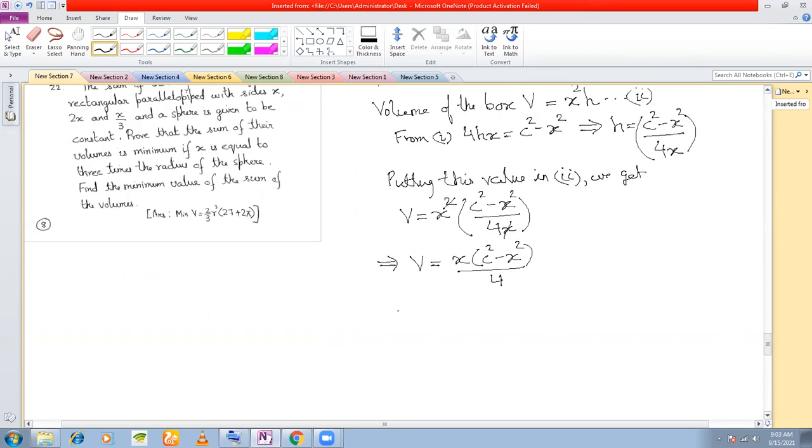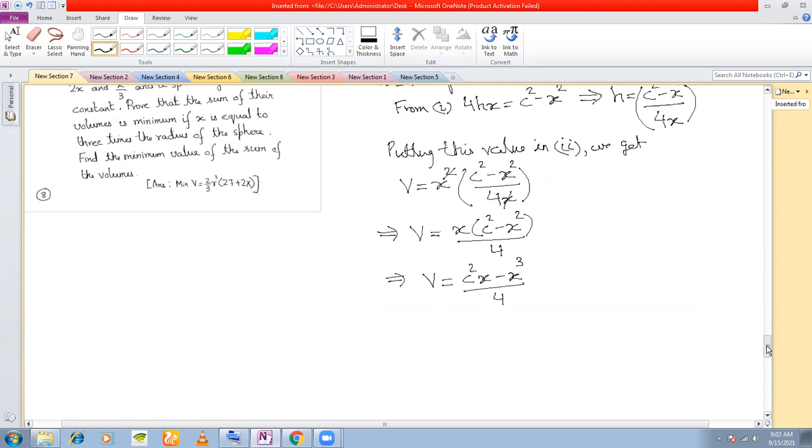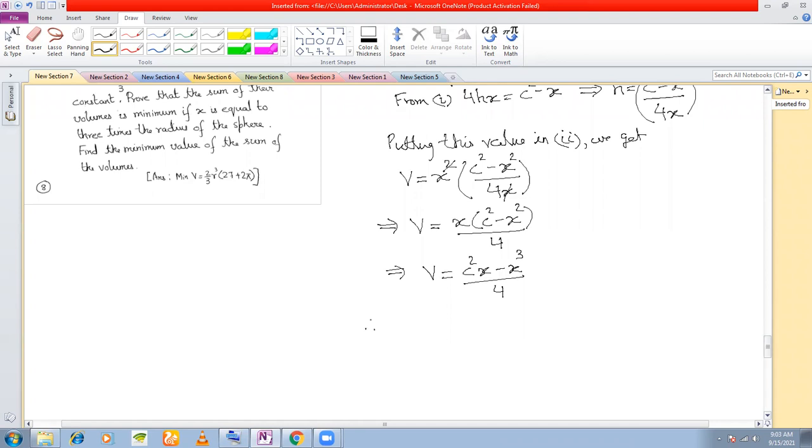For convenience of differentiation, we multiply the entire thing by x. So you get (c square x minus x cube) divided by 4. This is the expression for V. Now V is down to a single variable x, right? Now we can differentiate. Therefore, dV/dx